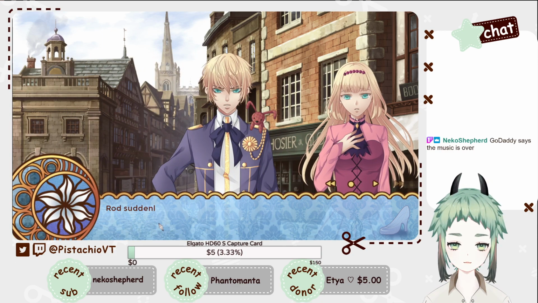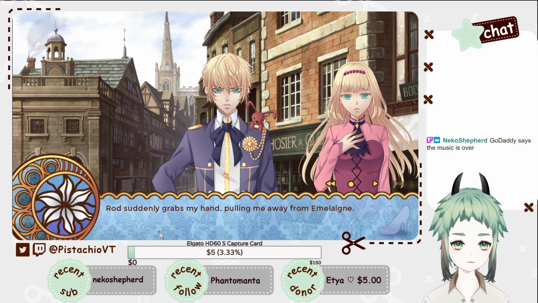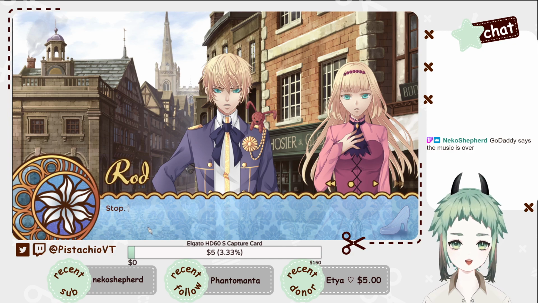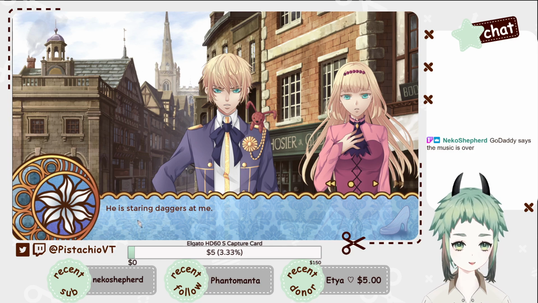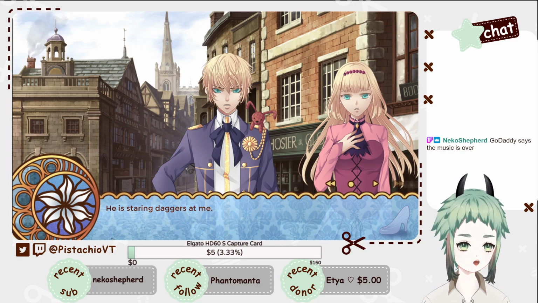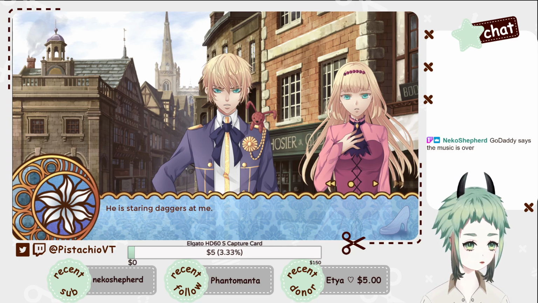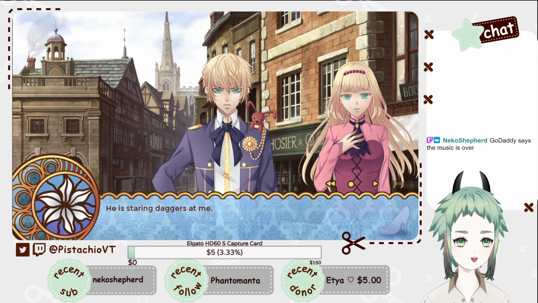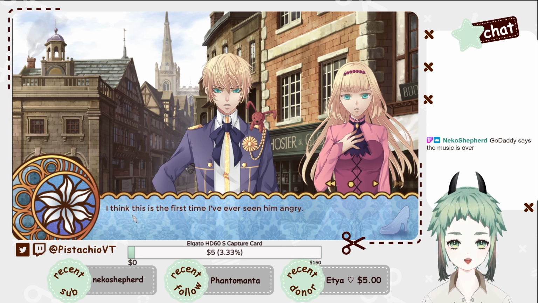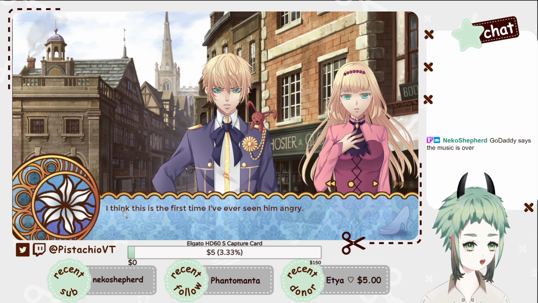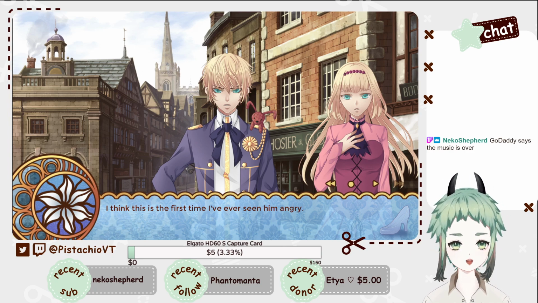But Rod suddenly grabs my hand, pulling me away from Emeline. Stop! Get some help! He's staring daggers at me, but they're like sexy daggers, like sexy sex daggers. I think this is the first time I've ever seen him angry, and I've never truly looked at